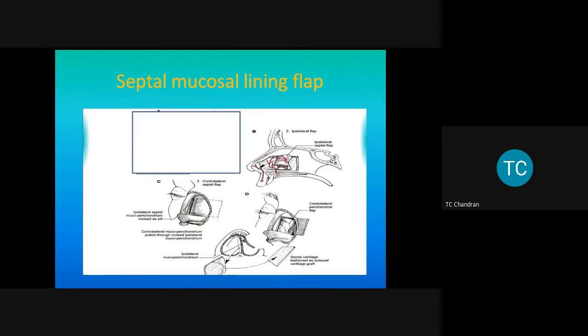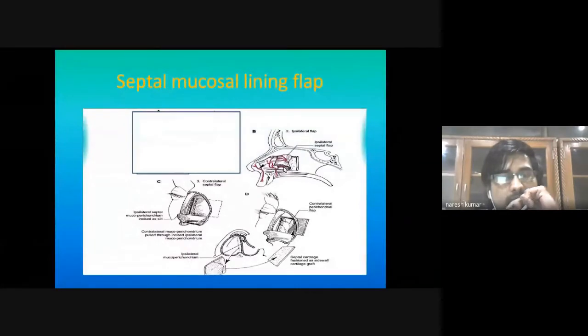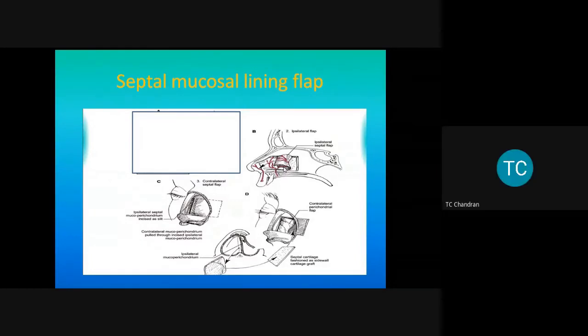Yes sir. If nothing is possible, you will go for a radial forearm flap. In the radial forearm flap, if you want to select that, you can do it only for the skin or both lining and skin. But when you use skin for both lining and cover, what will be the basic problem? It will collapse into the nasal cavity. There will be obstruction in breathing. Precisely, there will be nostril stenosis.